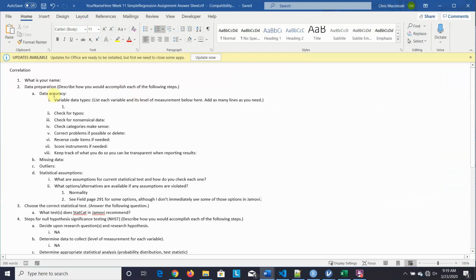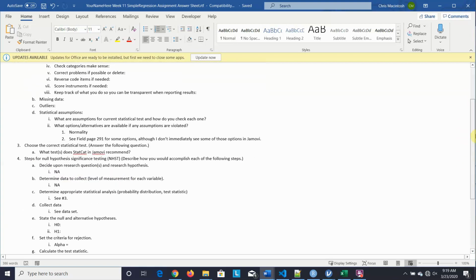Okay, you're going to talk about your data preparation steps. I did list on this answer sheet, Field page 291. He's got a nice figure there, figure 9.10, kind of going over the steps of conducting a regression. And we already are at the point that we knew we were going to do a regression, but